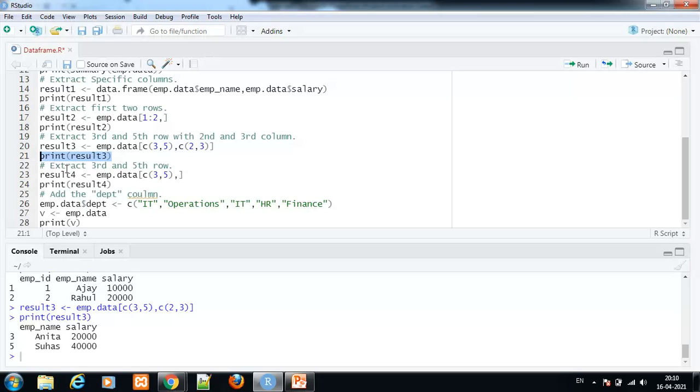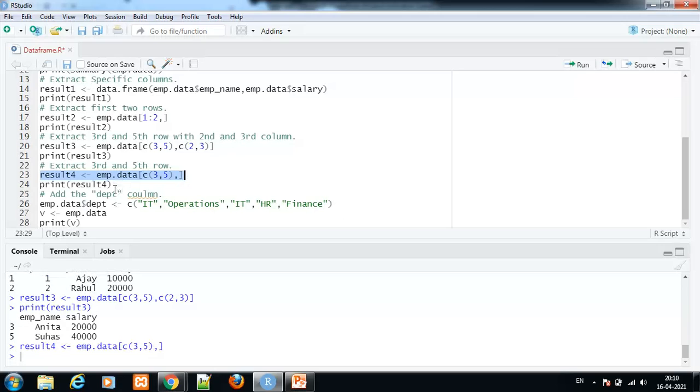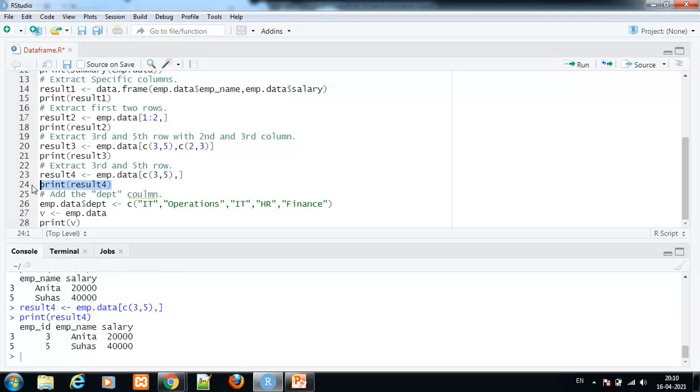Now how to extract the third and fifth rows? As usual, result4 is a variable we have taken: emp.data c(3, 5) before the comma. Before the comma means rows. Third and fifth.